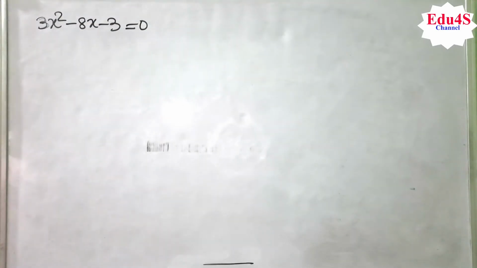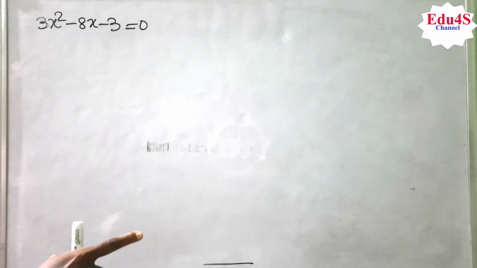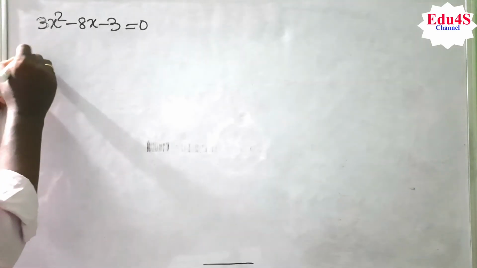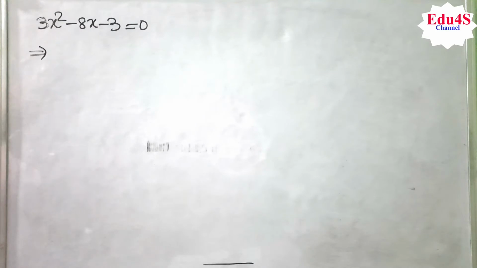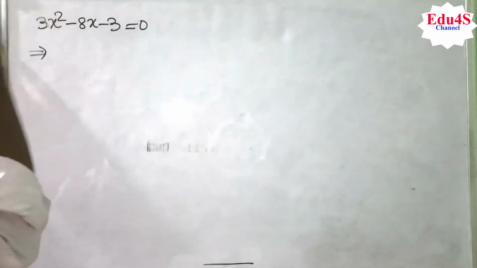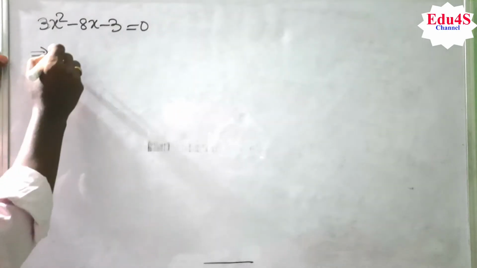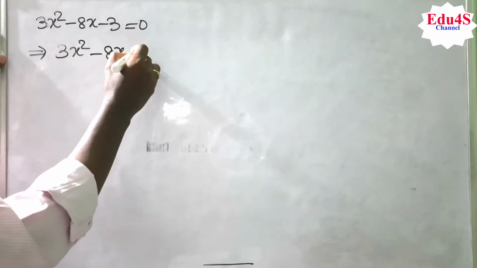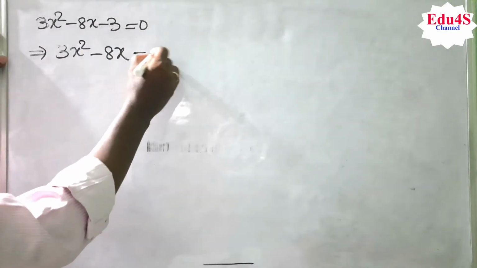So this is a quadratic equation. Now we will apply the same process, the same steps here, and we will solve it. Clear? Now look here. So what will we get? First of all, step 1. Here c is minus 3. Take the c to the right hand side. So write here 3x square minus 8x; if we take this minus 3 to the right hand side, it will be plus 3.